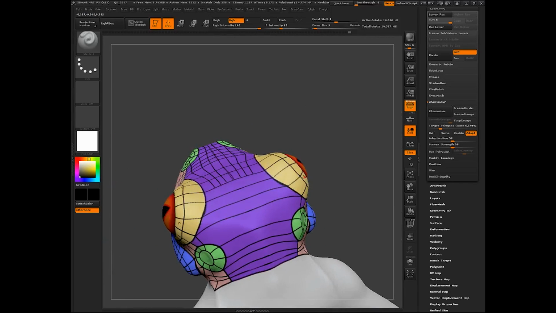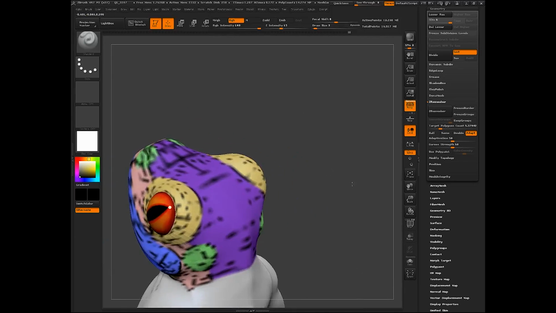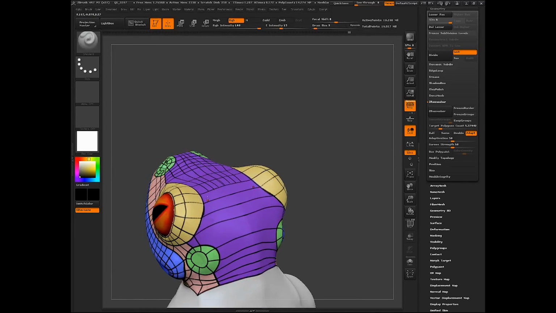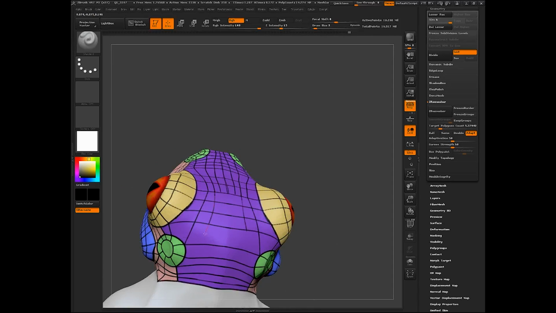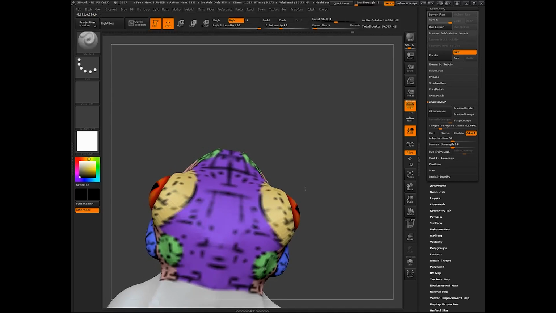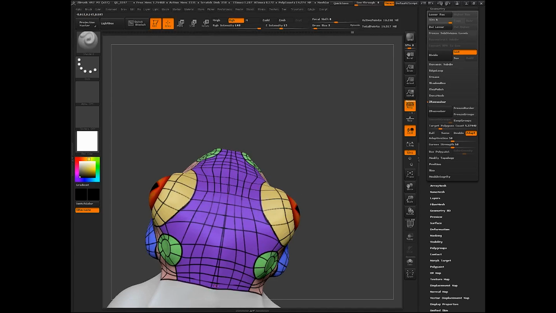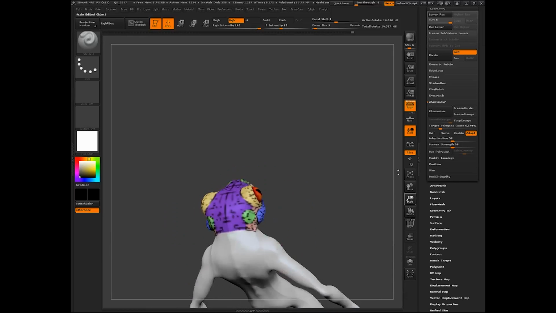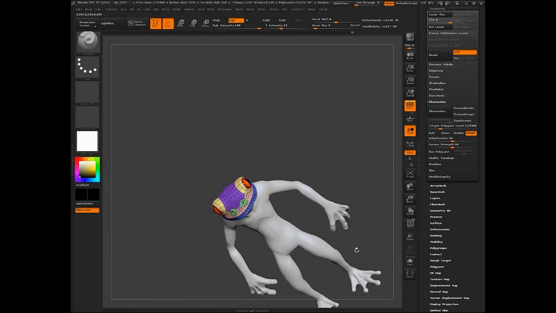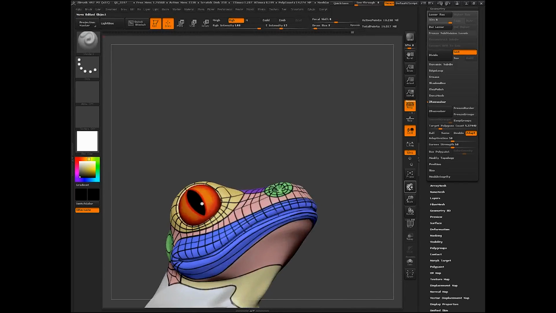So for instance, there's a pretty wide area of geometry right there, so once I go into my retopology, I'll probably try to even things out so that those polys right there aren't quite as large. So just bring these edges down, and you can see that we're keeping everything still quads, so I think that that looks good. Again, ignore the fact that I had symmetry turned on and we kind of get that double line.